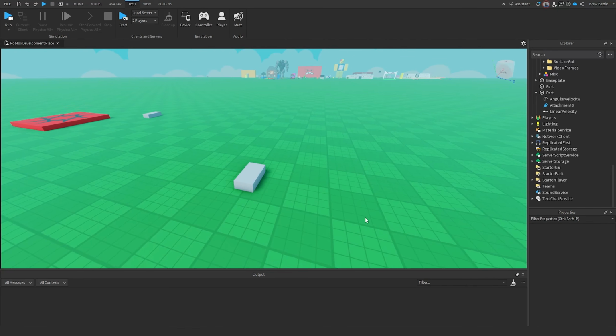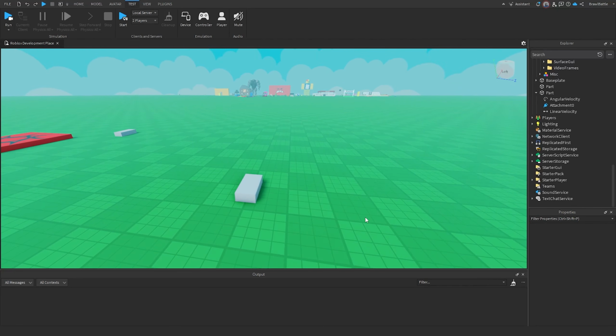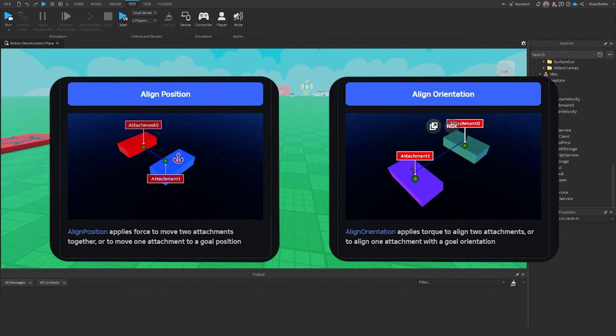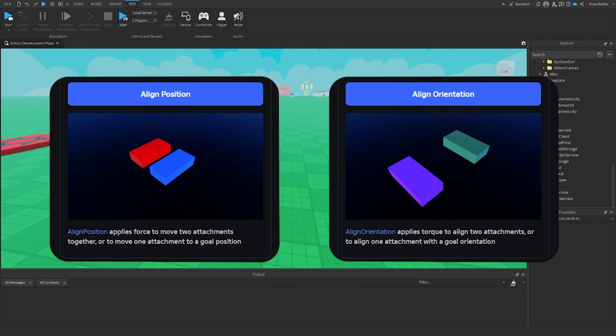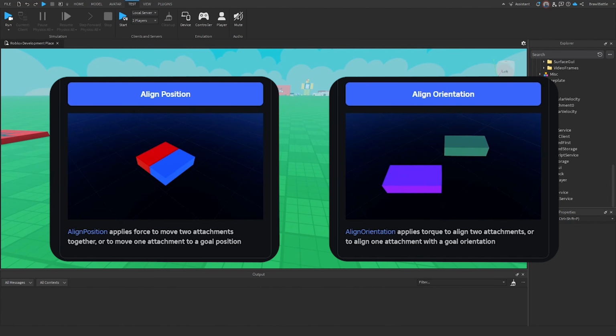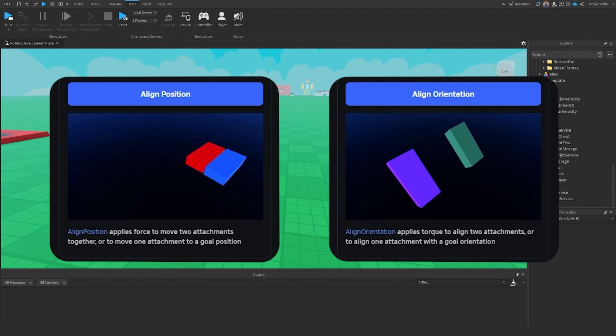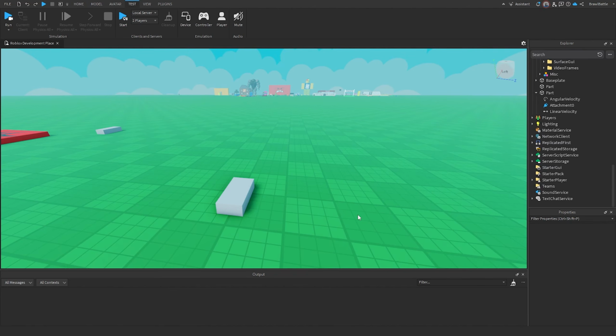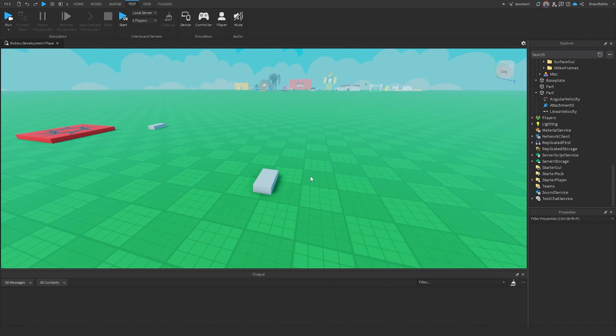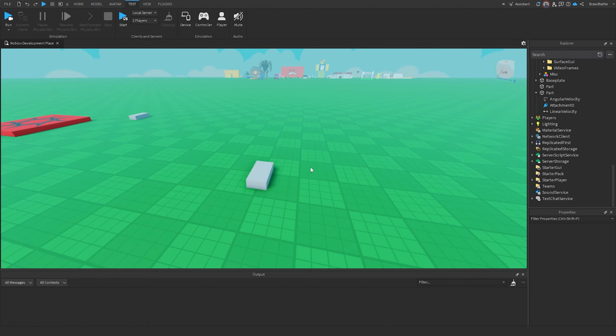The next two mover objects I'm going to introduce are called AlignPosition and AlignOrientation. And essentially what these do is they apply force or torque to move two attachments together to kind of mirror each other and reflect on each other's position and orientation. This might make sense once I actually show you what this looks like, but basically what I'm going to do